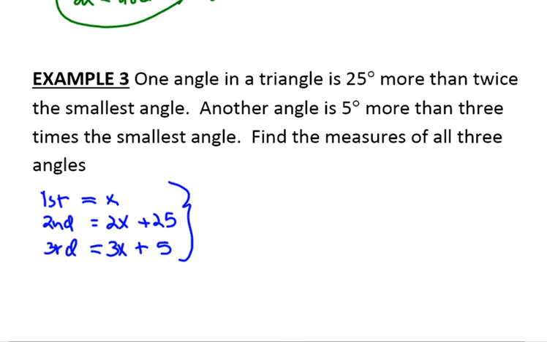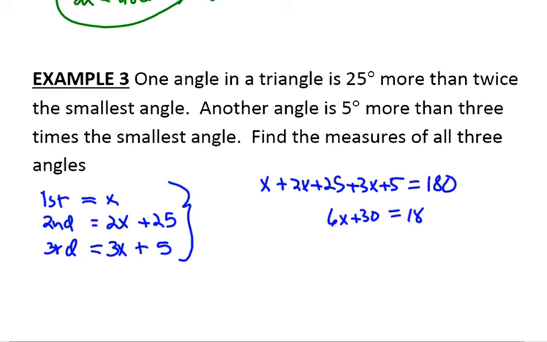So I want to find out what those are equal to. We know they all add up to 180 in a triangle. So x plus 2x plus 25 plus 3x plus 5 is equal to 180. So that's going to be 3, that's 6x plus 30 is 180, 6x is equal to 150, and x is equal to 150 divided by 6, which is going to be